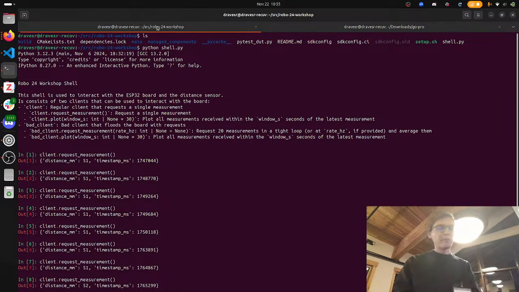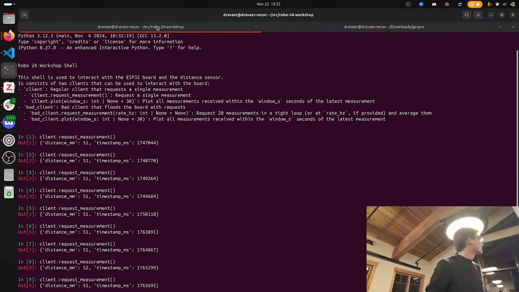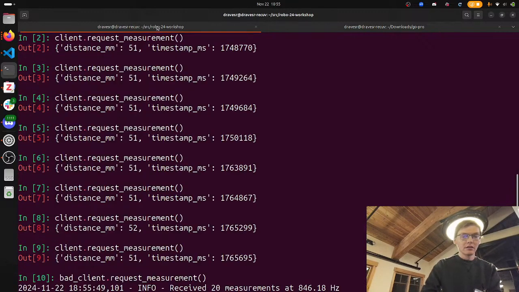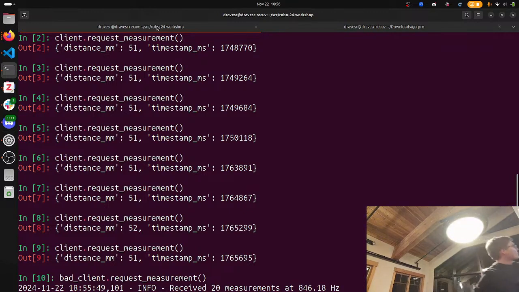We also have this bad client here, so let's see what happens when I take some measurements with the bad client. It might be a little hard to see. Let me see if I can zoom in. There we go. So for one thing, it gave a pretty bad answer, much lower than the actual distance that the good client, which was doing one at a time, was giving. And for another, we can see that it was doing a sampled average of 20 measurements, and it did so pretty fast.